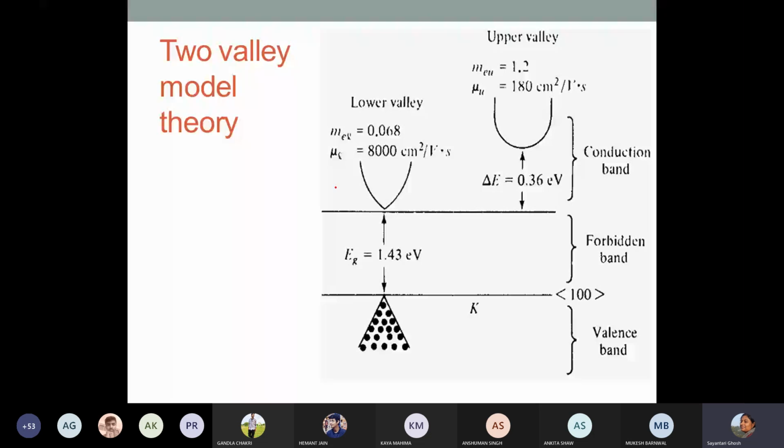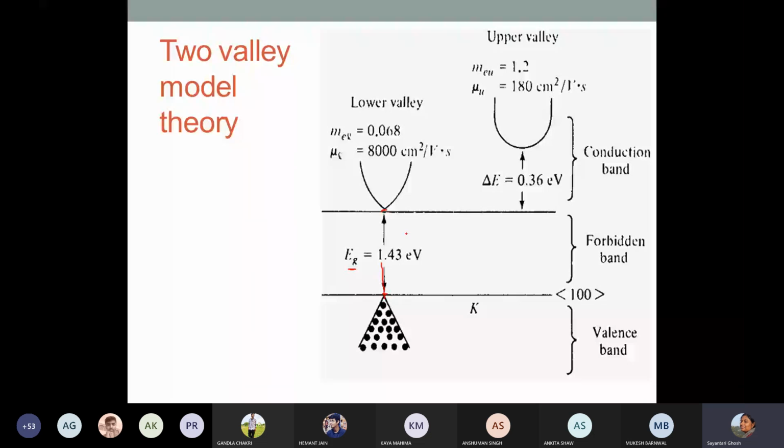So in gallium arsenide, what we have here is basically the valence band and conduction band. This is the band diagram. The valence band and conduction band are separated by the forbidden gap. But if I draw this diagram in E-K space, with E and K as my two axes, then the top of the valence band and the bottom of the conduction band are exactly aligned. And we use these materials for making photodiodes and all that.